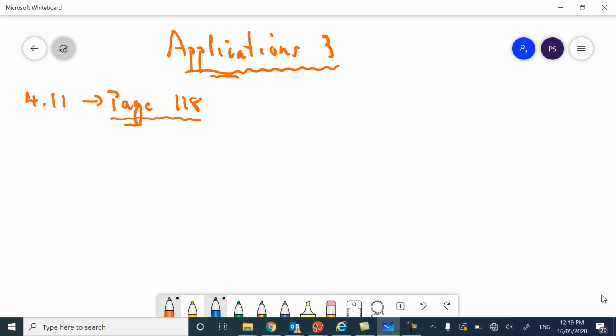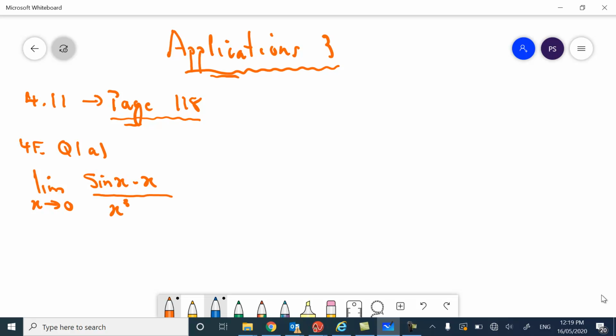What I'll do is I'll do a couple from exercise 4E. So I might just start with 4E question 1, and I'll just do the first one and show you how we use a Maclaurin series. So the problem is this: we've got the limit as x approaches 0 of sine x subtract x divided by x